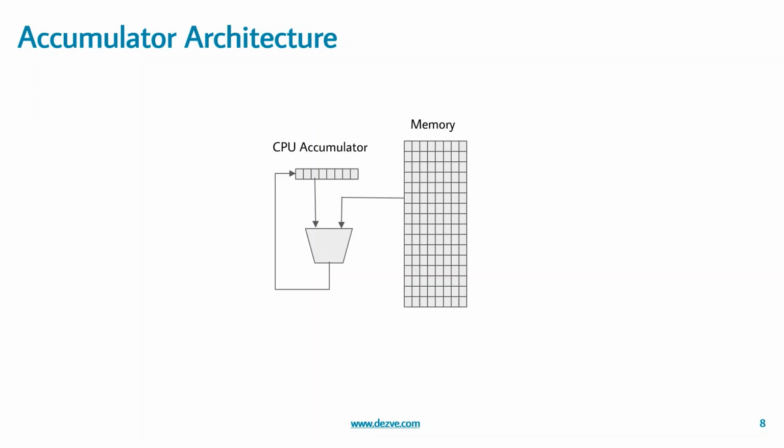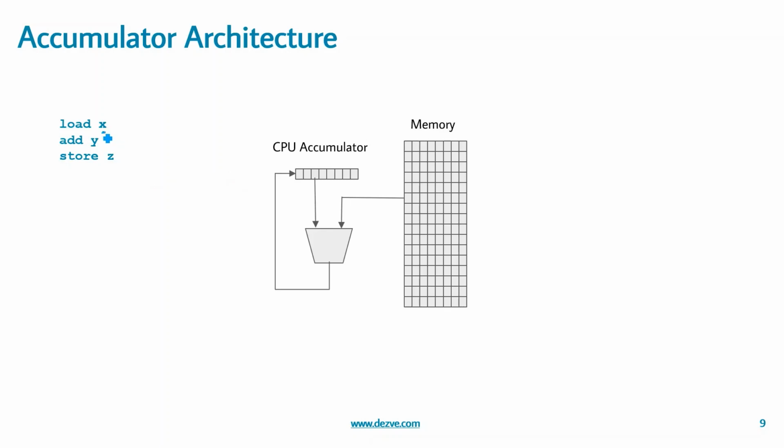So there can be accumulator based architecture as well. So in this case, one operand is implicitly assumed to be present in the accumulator. The other operand can be from the memory or can be from the register as well. Let us take the same example. So what are we trying to do here? We are saying to load X.